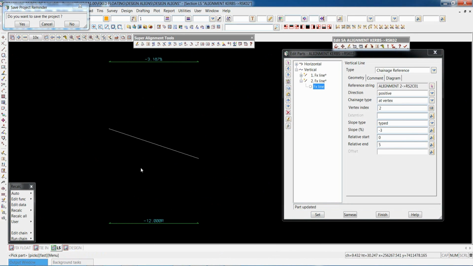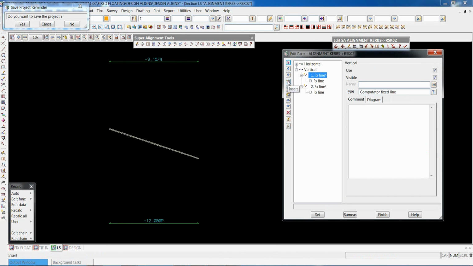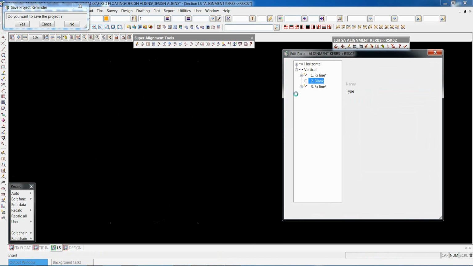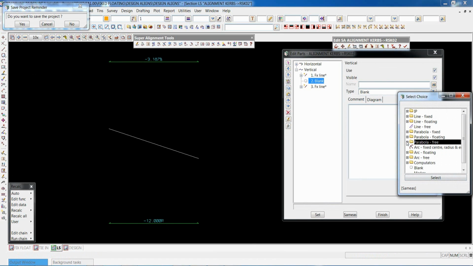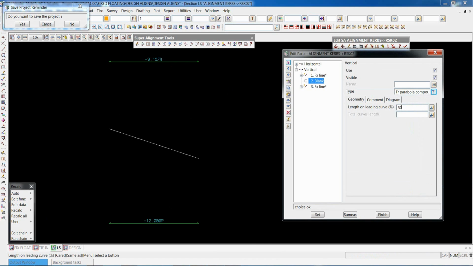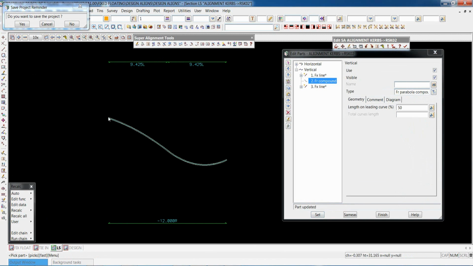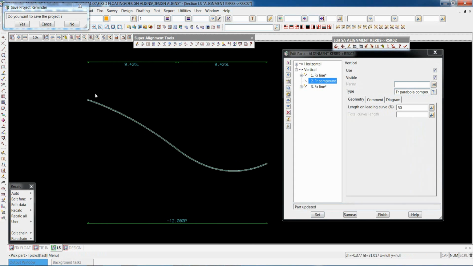If we go look at my profile here, and we profile that curve return, we've now got this geometry. We obviously, that's just a straight change of grade. We need to put in some sort of nice curving in between, so we're going to do a compound parabola. So again, it's a free parabola, and it's called compound. I've looked at a few of these before. So this is a 50%, and I go set. So it just basically divides up the space and then puts in two reverse parabolas to suit your geometry. So it's locked into your through road at the -3% here, and instantaneous grade, and the same here, and it's just done that for you.